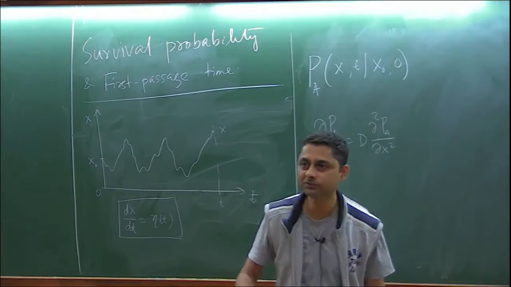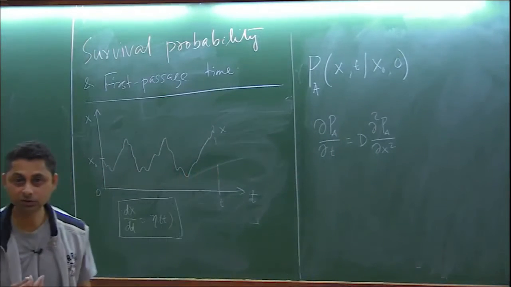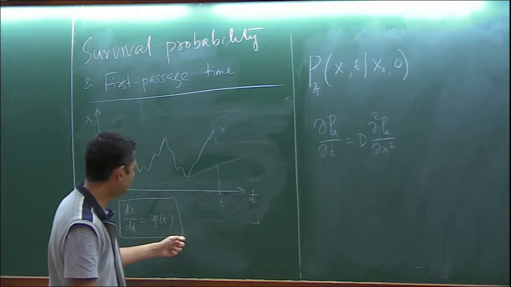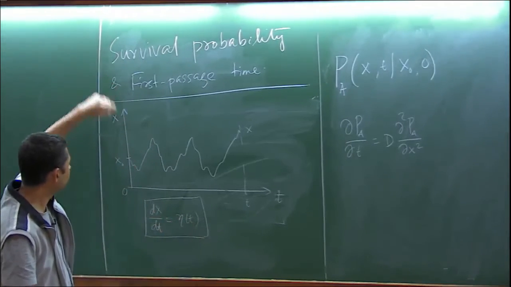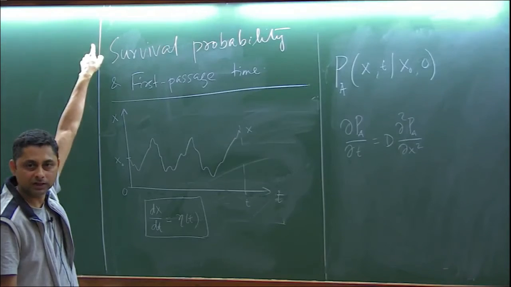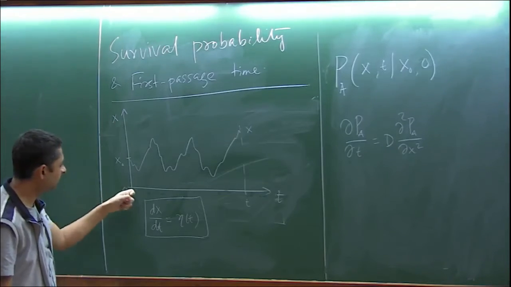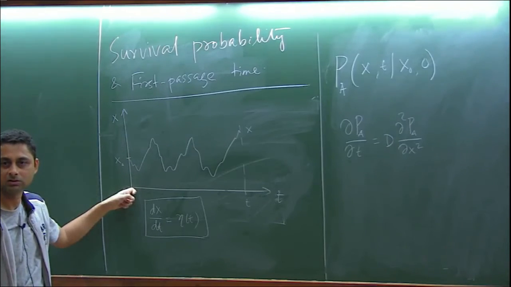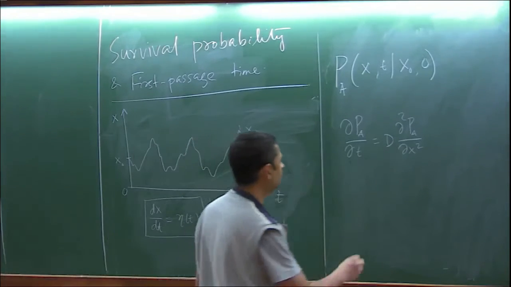Because if I start from some point x0, at a finite time I cannot reach infinity, right? So that was the boundary condition earlier. So now my boundary condition will be different because still I cannot reach infinity at finite time. Also my probability should vanish at x0,